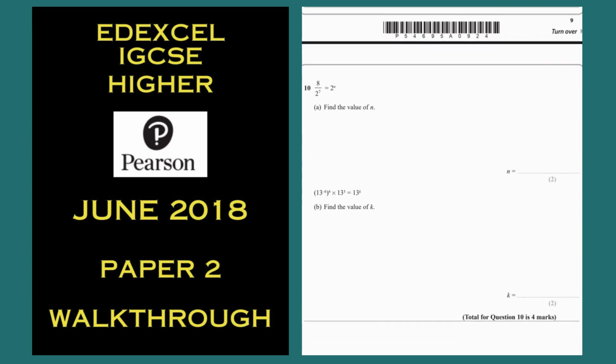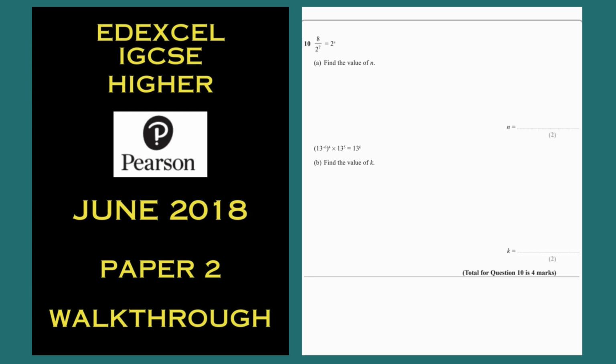Number 10, laws of indices. These always come up. So the clue there is write everything as a power of 2. So 8 on the top is 2 cubed over 2 to the power of 7. Over means divide. And when you divide, you subtract the powers. All right. Now be careful. It doesn't want the answer 2 to the -4, although that is correct. It just wants the value of n,